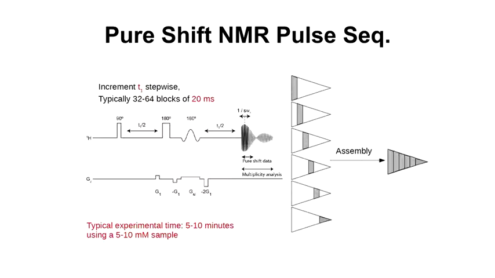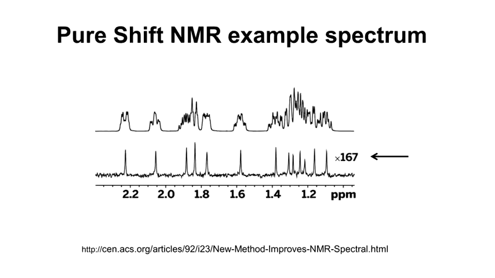So you now have essentially an artificial FID, but it allows you to carry out this broadband decoupling. There are a bunch of different tricks, different versions of pure shift NMR, but they have basically the same concept. So the net result is you can get these great looking spectra,